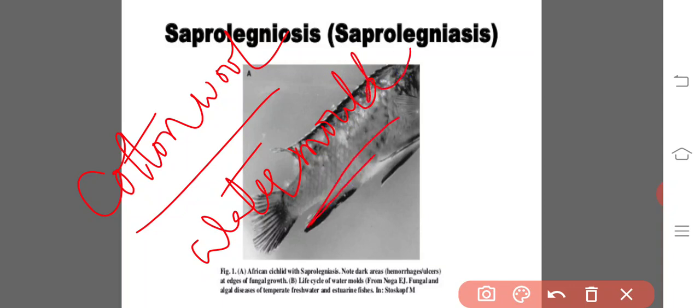Cotton wool or water mold disease is caused by Saprolegnia parasitica. It is the most common fungus affecting fishes, especially major carps. This disease is present in all aquarium waters but only attacks fishes where damage to the skin has occurred. The parasite grows at the skin wound, producing a cotton wool like growth, but the mycelia eventually invade the